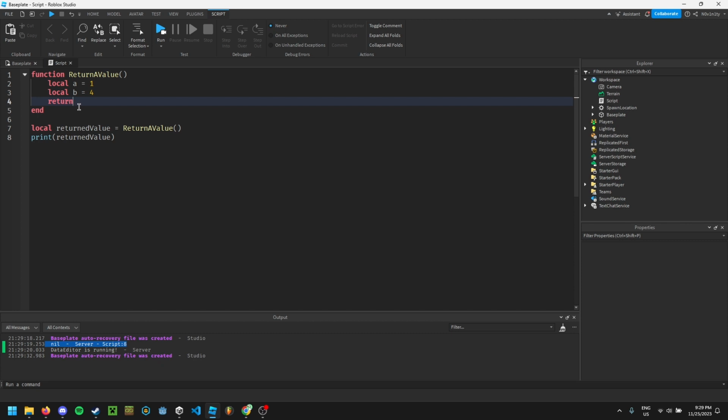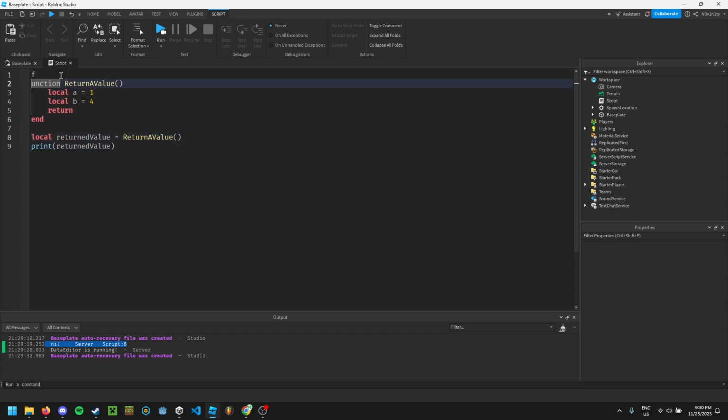Like if a value is not what it should be, then you return the function again and it'll try that again. So what returning the function will do is wherever this function was called, it will just rerun that function until it returns a good value. Or that function will turn into the function that has been returned. So if I were